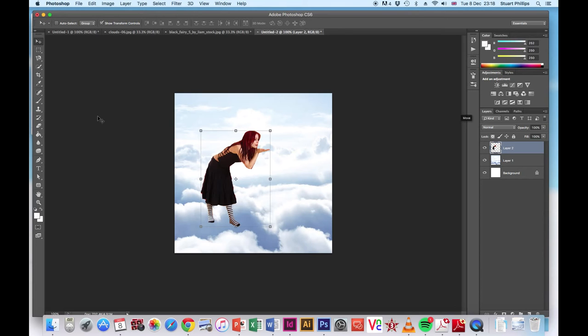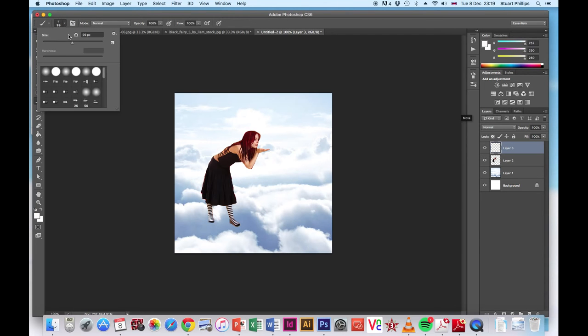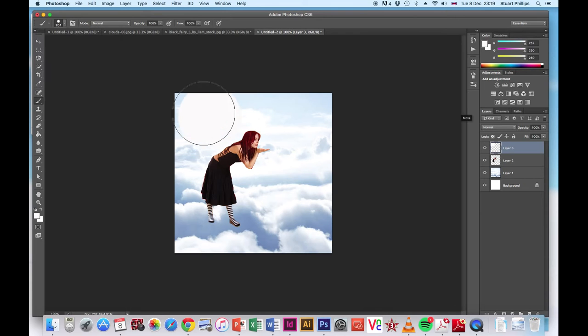Alright, what we want to do first is on a new layer. So down here, new layer, we're going to make our moon. I'm on the wrong brush to begin with. So I think when I did it, it was around 200, so you need to change your pixel size up. There's no right or wrong size really, but you just need to make sure that you've kind of got a white